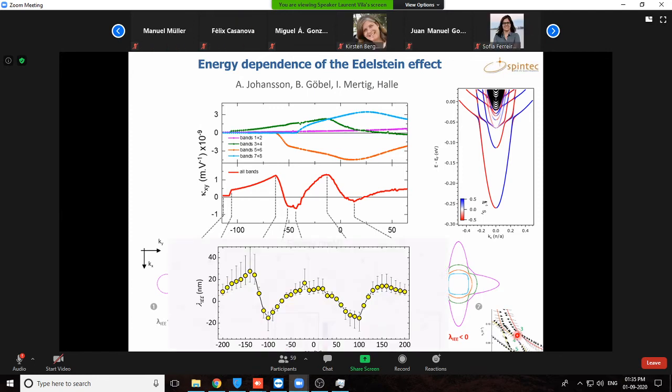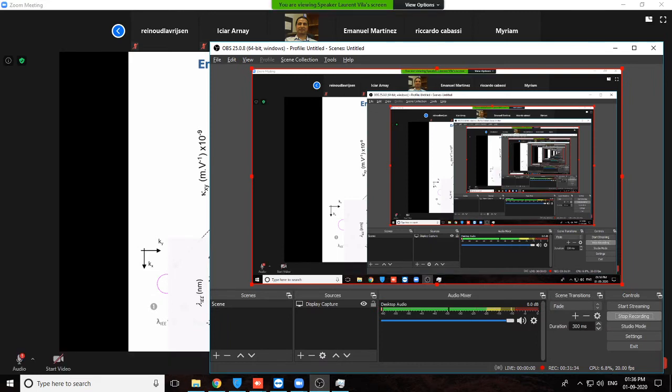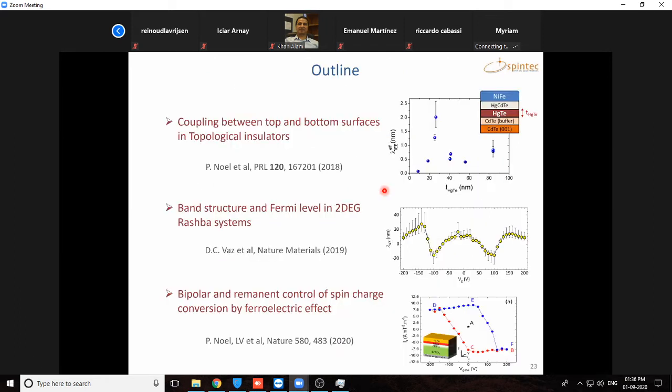So this is the experimental data, and I think that you agree that it's quite similar to the calculated Edelstein tensor. So the last point I would like to show you is if we are able, with this STO,